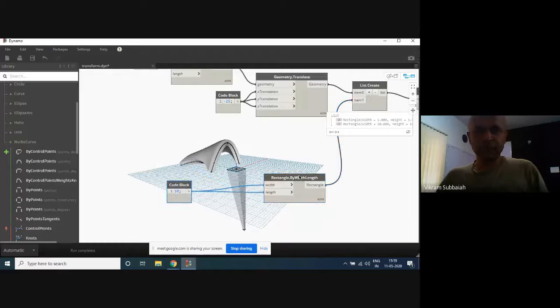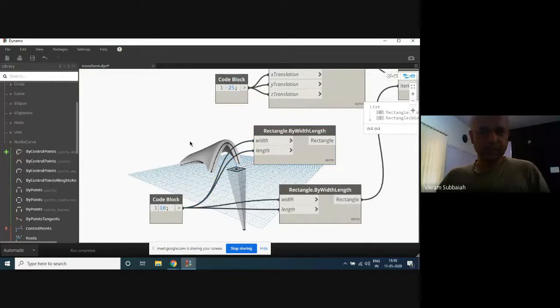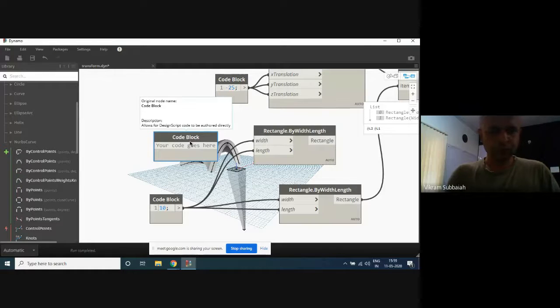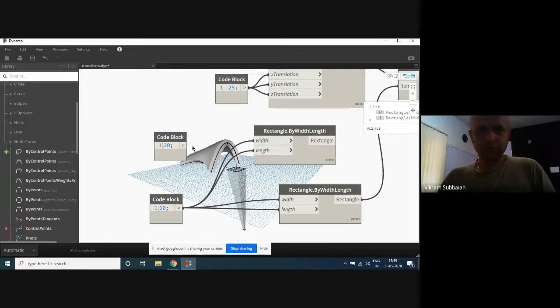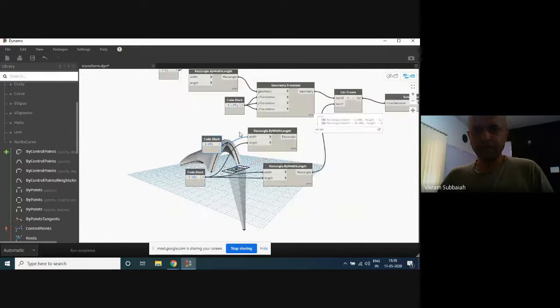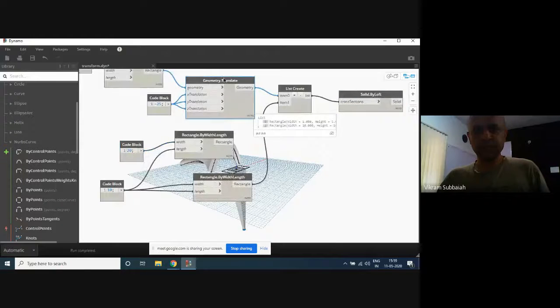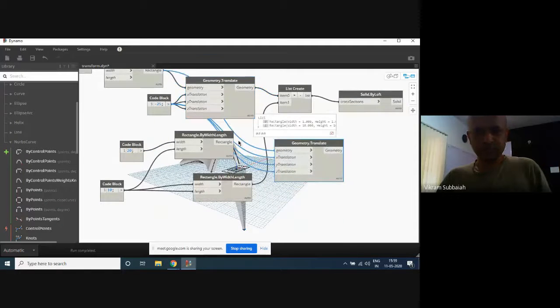Now say I create one more rectangle in between, which is 20 units wide in one direction, and I translate this by minus 15.